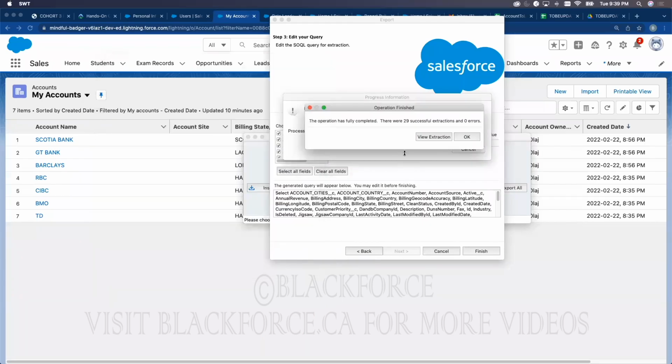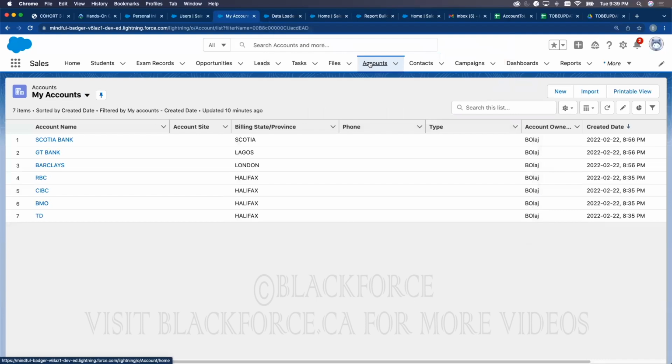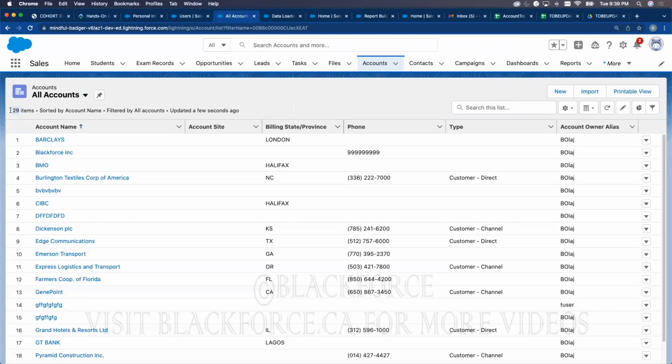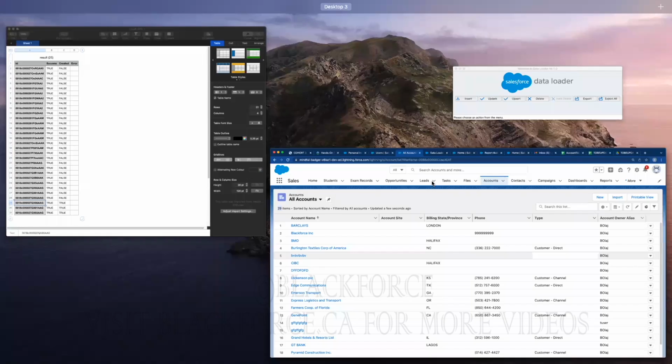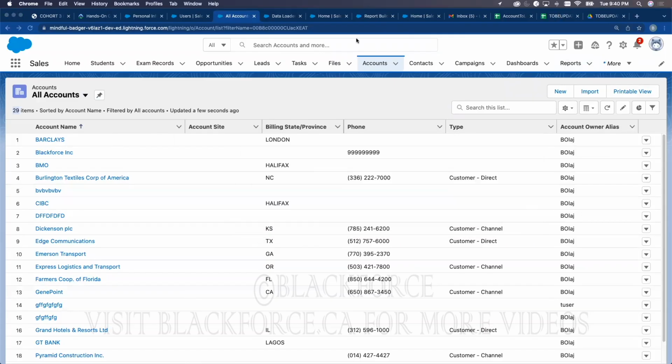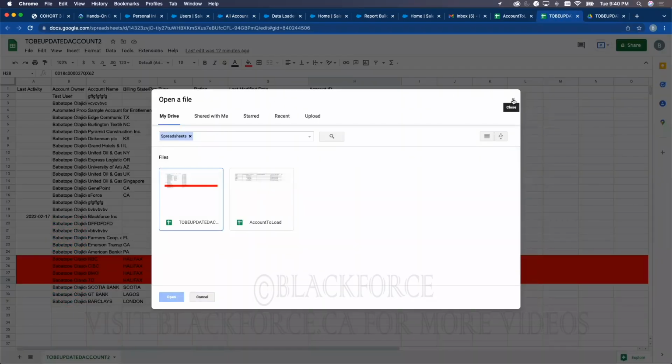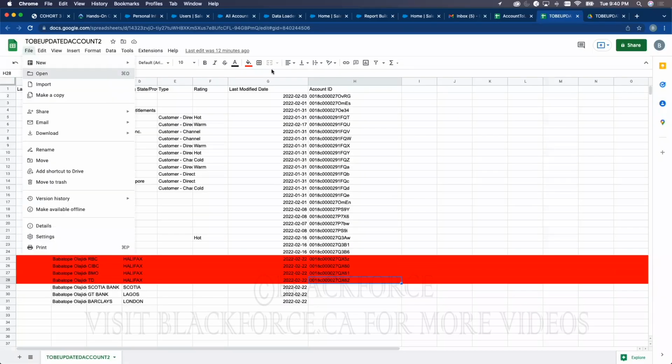How do you know that it has successfully exported all the accounts? Go to your account record and see the number of accounts you have in the system, all accounts, and you see that they are 29, okay? You can even generate a report to see the number of accounts you have in the system. So now that you've exported that out, you can open up that export CSV file, okay? You can open up the CSV file